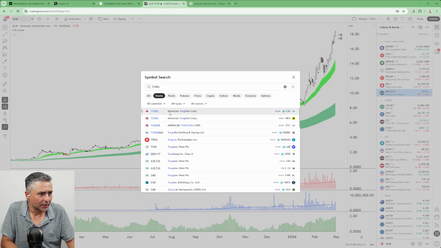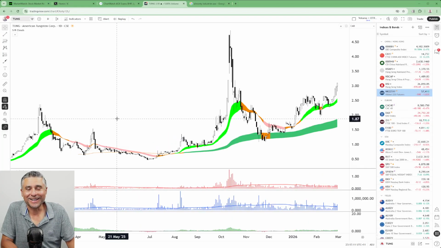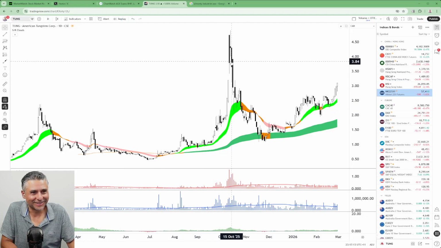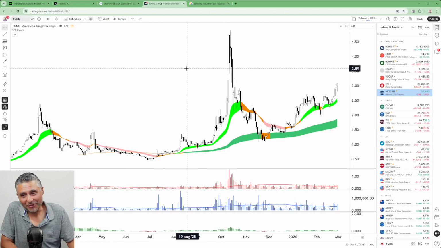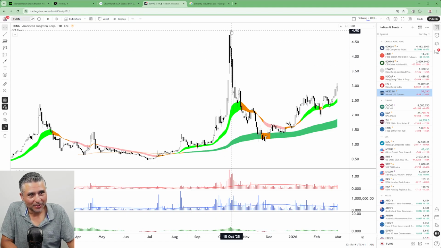Back to Canada here. So we've got American Tungsten. Another tungsten stock. I reckon this is my favourite tungsten chart, actually. This looks really good. Nice little turnaround setup. Long way to here. $5, obviously. You know, it makes sense that that's $5. This looks really neat, actually. I don't mind this.